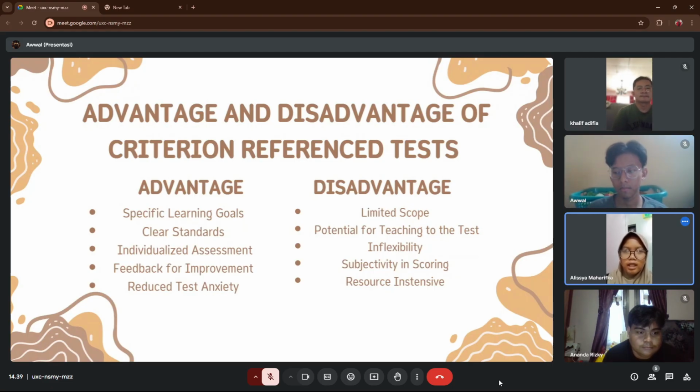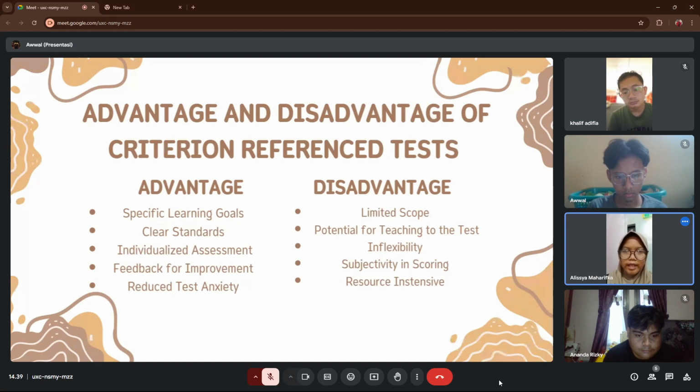Five, the last, resource intensive. Developing and administering high quality CRTs can require significant time and resources, which might be a challenge for some educational institutions.